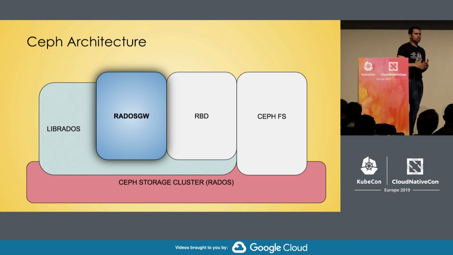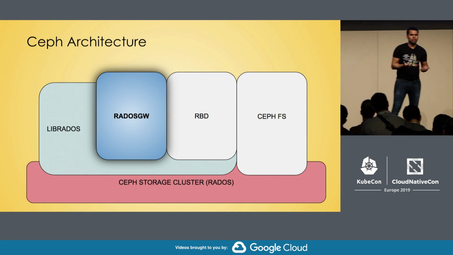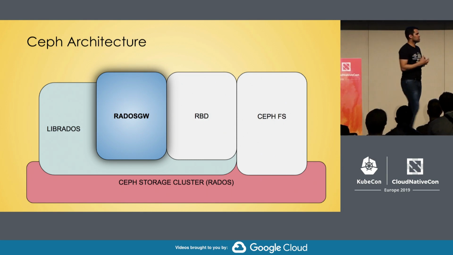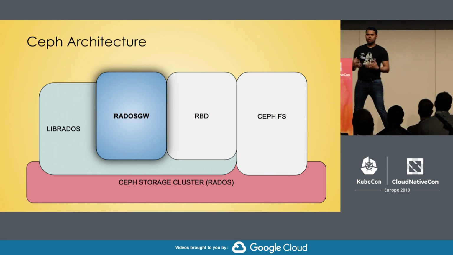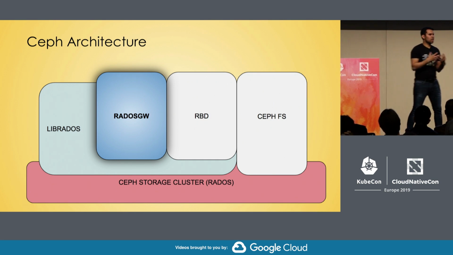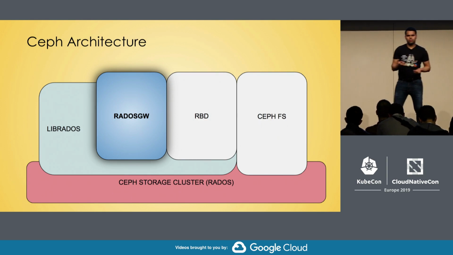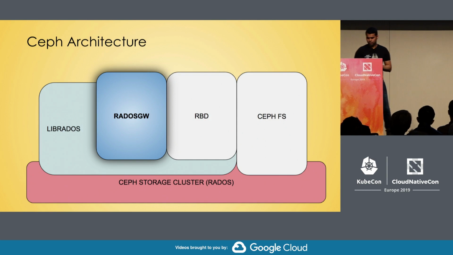So like I mentioned before, Ceph is a distributed storage system. It provides object, block, and file system storage in a unified manner, and this is a high-level architecture of Ceph. And so what we are going to focus on is the RadOS gateway, which is basically a gateway which allows access to users and applications to the Ceph Storage Cluster, and how OPA is integrated with this component.